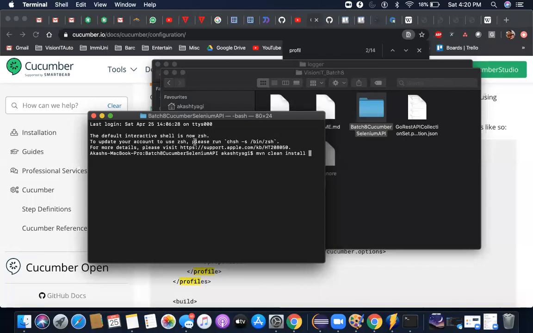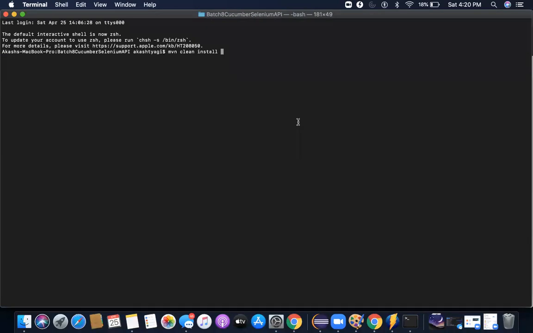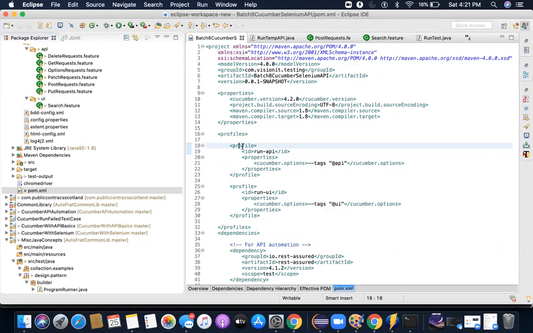And then I have to pass the profile. So if I say -P run UI, this will execute the UI test cases. Why? Because when I say -P run UI, I'm saying run the Maven pom file where the profile is run UI, where profile is run UI, run-API. And when I do this, the Cucumber option goes